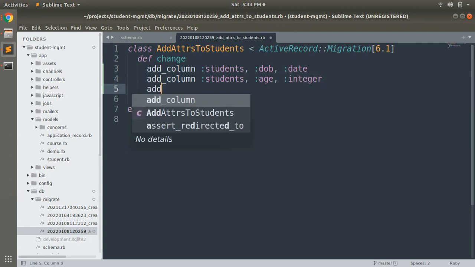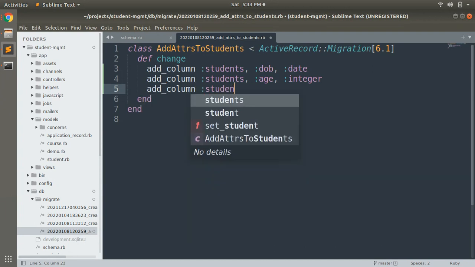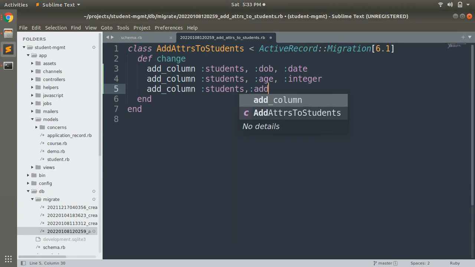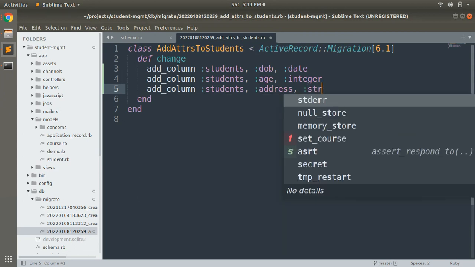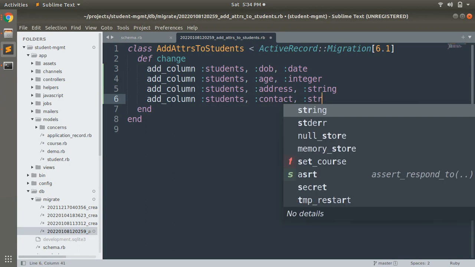Now add column students and add address here, and this must be string. Then add column students, contact, and this must be string also.